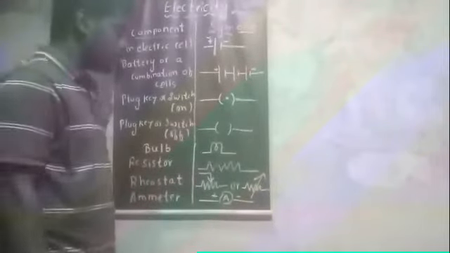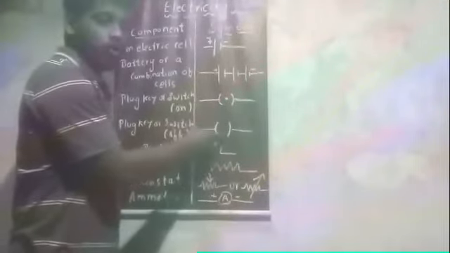Okay, next, third is plug, key or switch. In a circuit symbol we will not draw the diagram of a switch. So this is the symbol used for representing a switch. Suppose the switch is on, we have to draw a dot inside this bracket. Suppose the switch is off, then no need to draw the dot inside the bracket. So this condition is switch off, this condition is switch on.